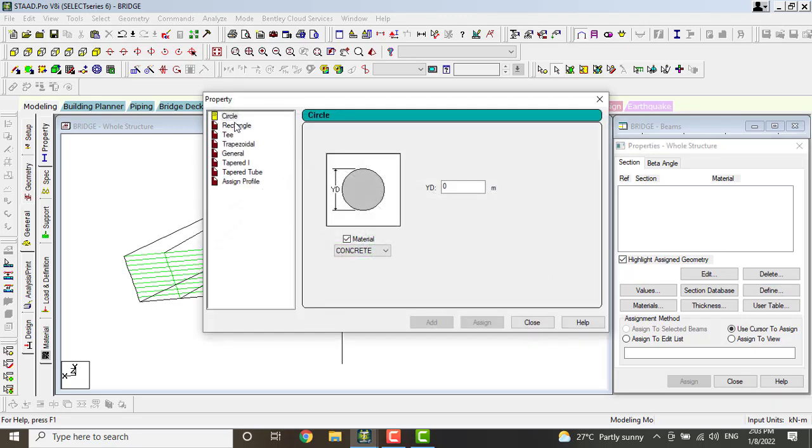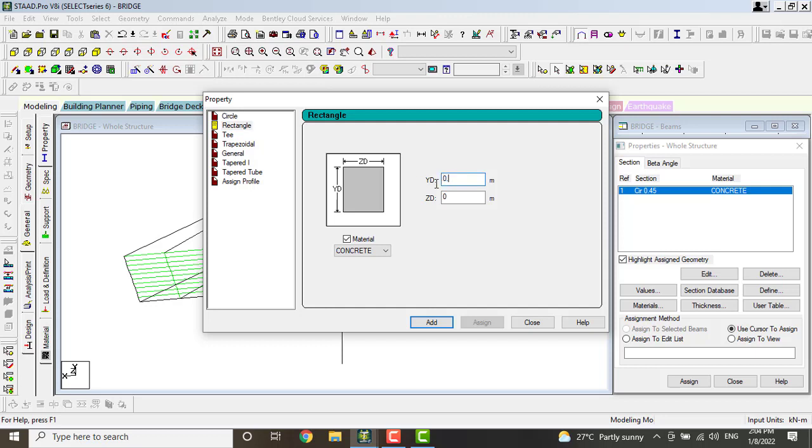Next, here there is option of define and click on rectangle or circle. First our columns are circular, so I should take circular columns here. For circle, our dimension is 0.45. Add it. Next, go to rectangle, our beams.